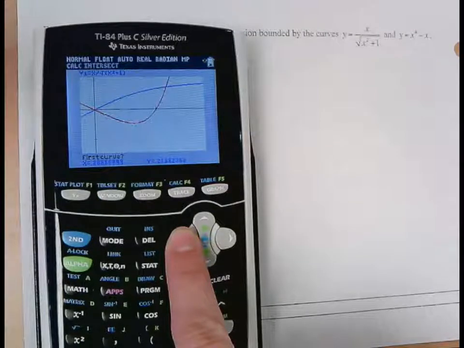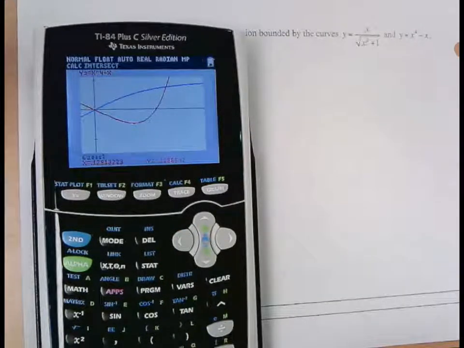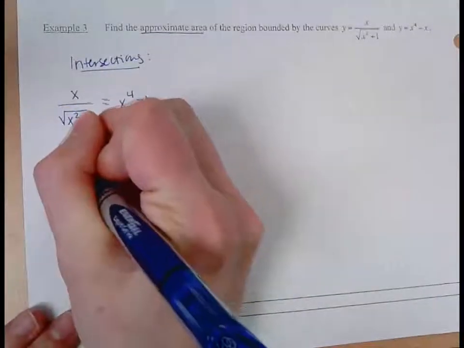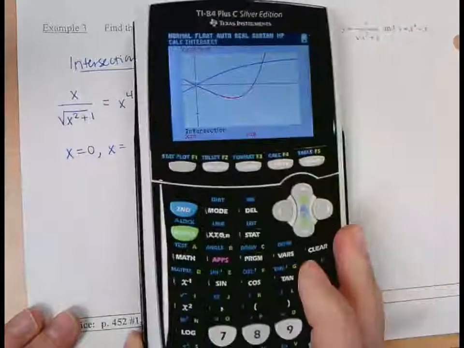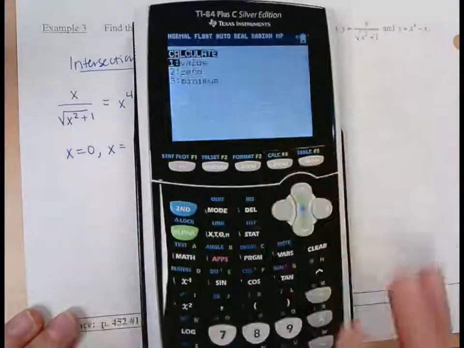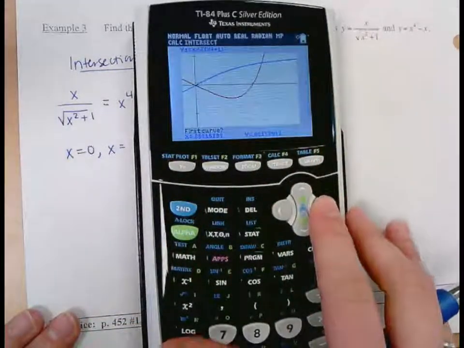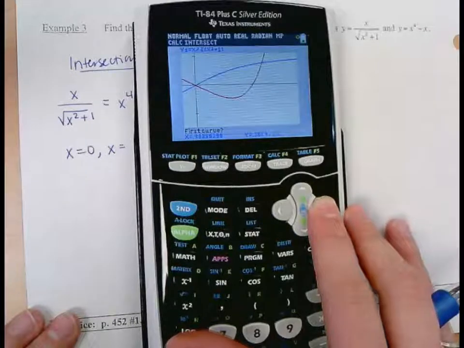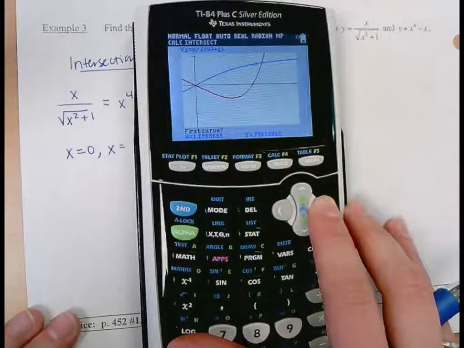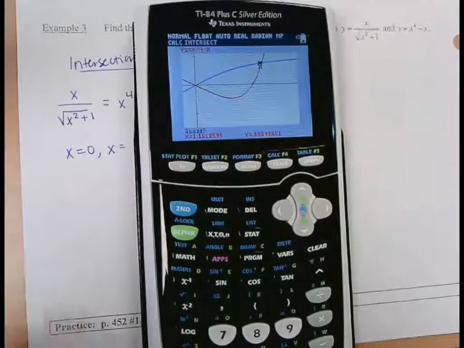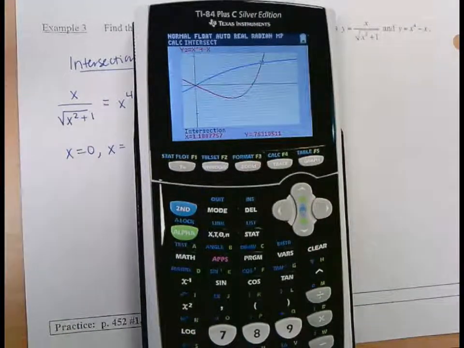So this appears at 0. You could just double check, make sure the cursor is closer to that intersection point. It does occur at 0. So one of them is at the x value 0. The other one is at about